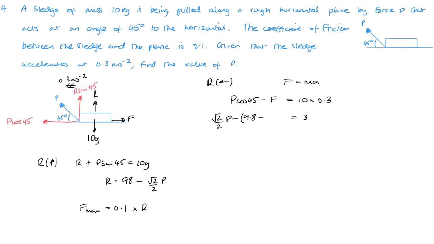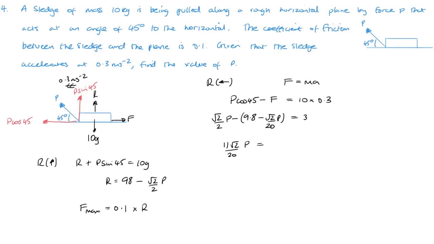It's minus, and it's root 2 over 20 P. Okay, so what I've done is I've multiplied 0.1 by R, so 0.1 times 98 is 9.8, and multiplied by this. Multiplying by 0.1 is basically dividing by 10. So root 2 over 2 plus root 2 over 20, because there's two minuses there, gives me 11 root 2 over 20 P